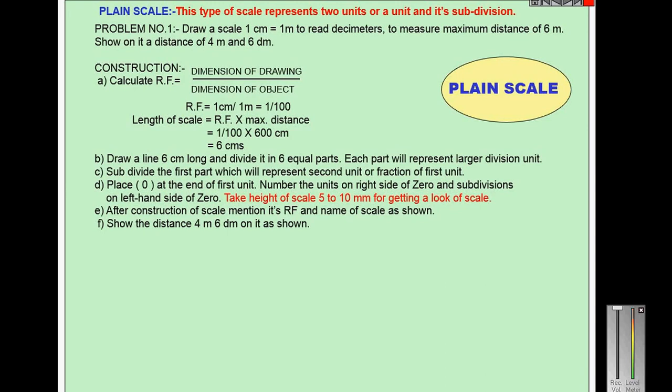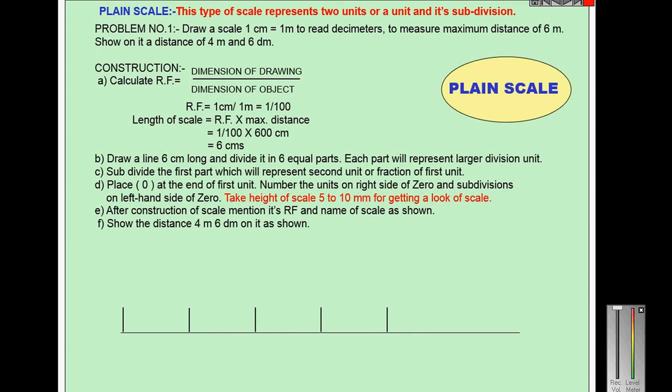And length of the scale is equal to representative factor into maximum distance. So RF is 1 by 100, into maximum distance. In the question, the maximum distance is given as 6 meter. So convert it into centimeter. So 6 into 100 centimeter, which is equal to 6 centimeter. So the next step is to draw a line 6 centimeter long